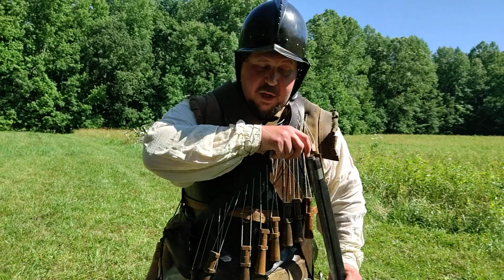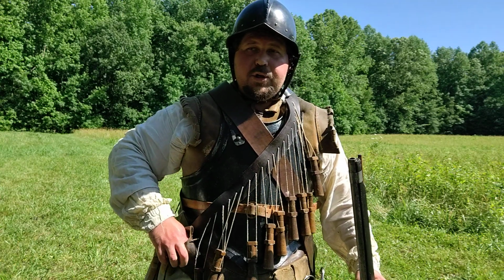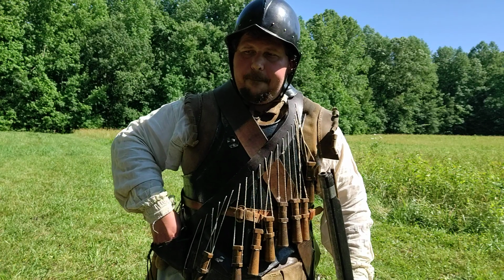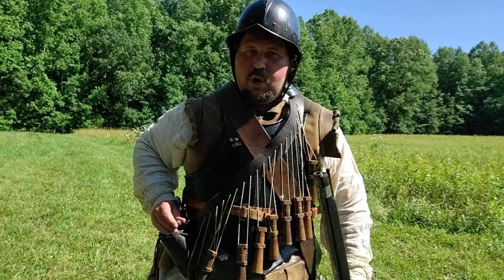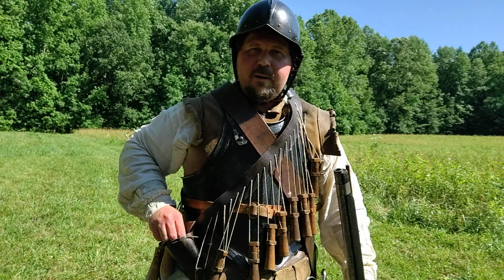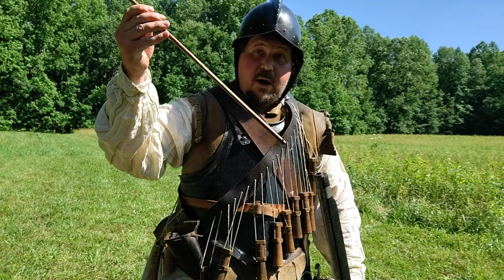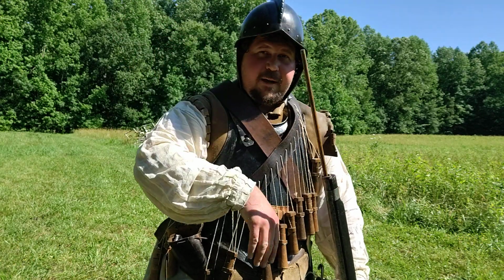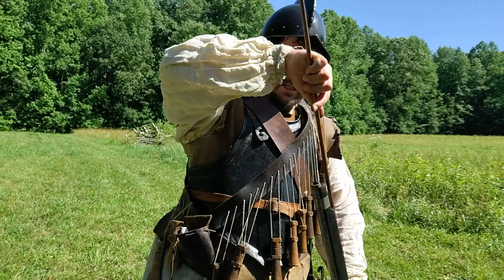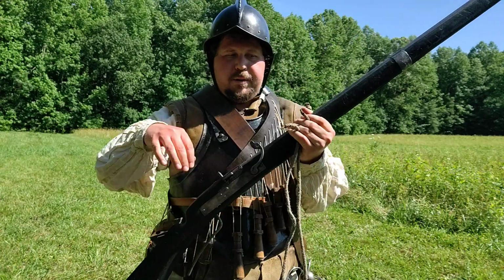I'm going to pop the top, pour that powder down the barrel, reach into the leather pouch, and pull out a bullet like this one. So there's one of the round lead balls that this weapon would fire. That goes down on top of the powder. I pull out the scouring stick. They don't call it a ramrod yet. I put that down the barrel, pack everything in, put the scouring stick back underneath, bring the weapon up, take